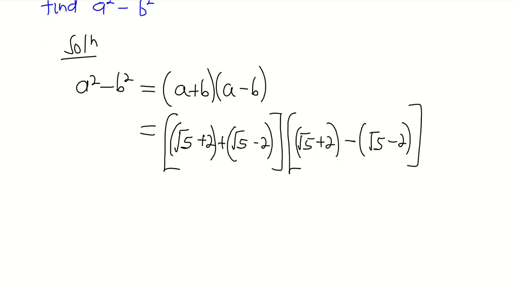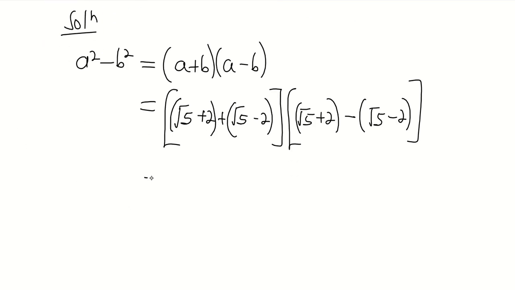Now we are left with simplification and expansion. So it means that we have square root of 5 plus 2 and we have plus square root of 5 minus 2